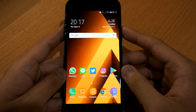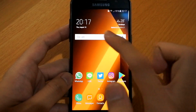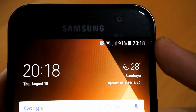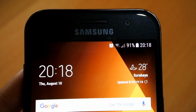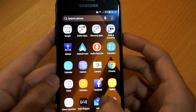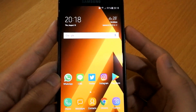Okay, so now let's take a look at what's new on this Android Nougat update. As you can see from the home screen right here, the font has changed, and the notification area is a little bit different, and the font is a little bit more condensed, so it is able to fit more stuff into the screen. Swiping up reveals the app drawer, but swiping down also works the same way. So you can do it no matter where your finger is on the screen,